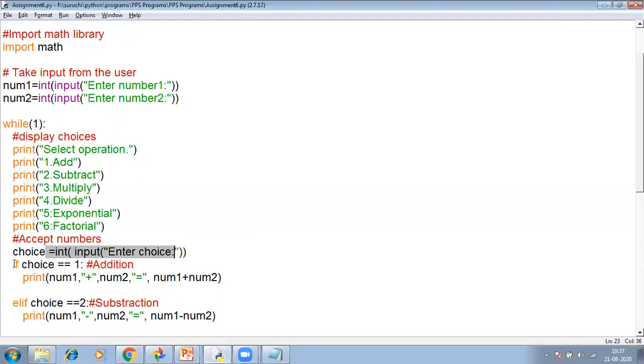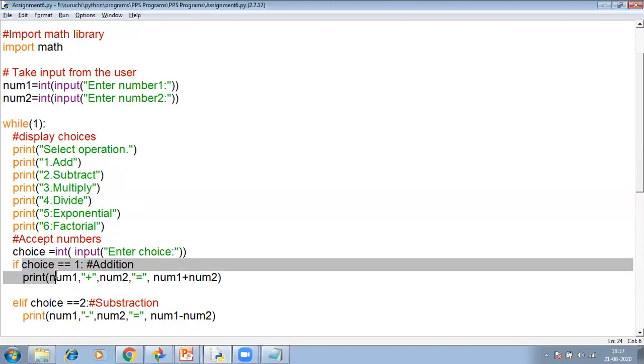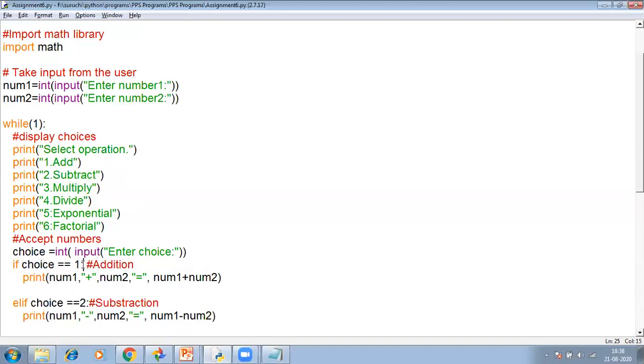So we'll check if is the keyword. I hope you remember the syntax of if statement, which starts with the if keyword. Then you specify an expression which will be evaluated as true or false, and accordingly the statements are executed.